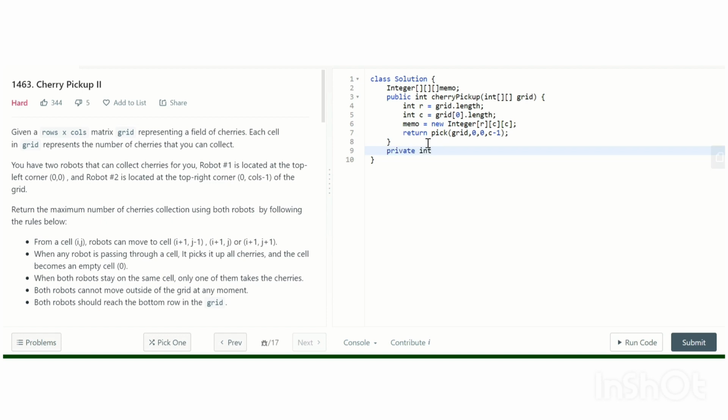Private int pick, int grid, int row, int idx1, int idx2.